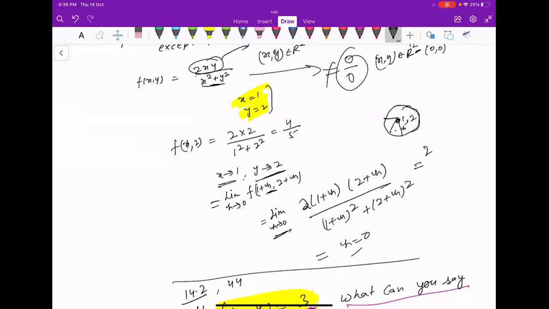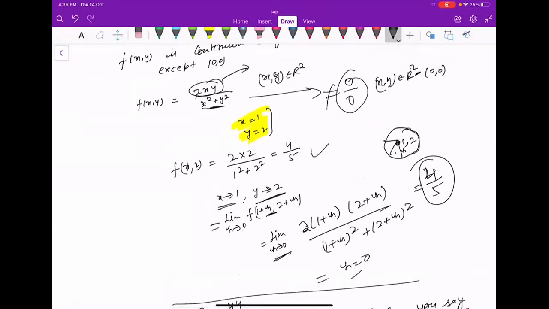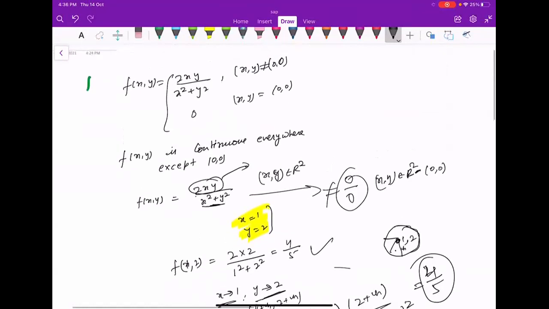And if you simplify it, you will get 4/5 only. ठीक है ना? तो जब हमारा denominator 0 नहीं है, you are getting a limiting value that is equal to the function value. That's why we are saying the limit exists and it is equal to the function value. That's why we are saying it is continuous. And it is not about only the point (1, 2), it is everywhere. We get a problem whenever you get a 0 by 0 form. Then there is a problem. So go through this question.